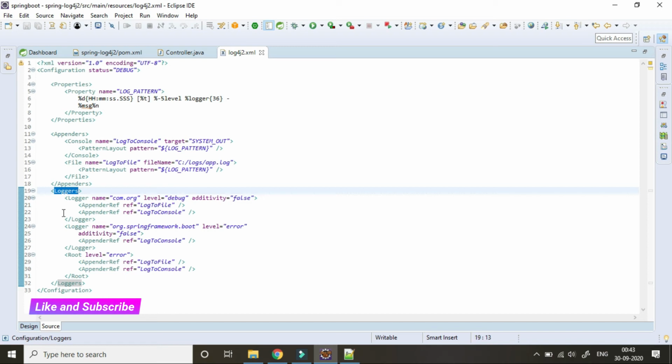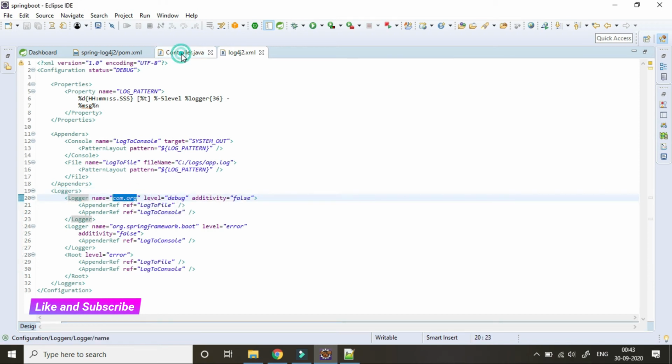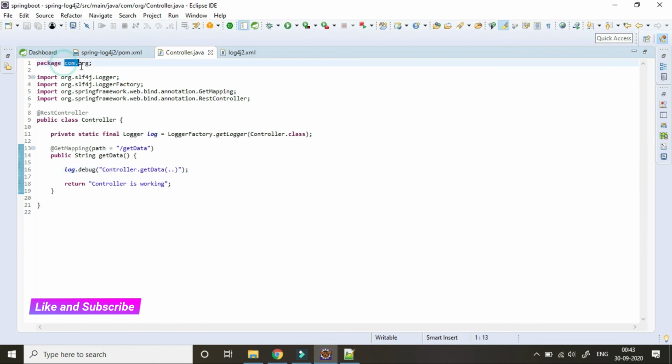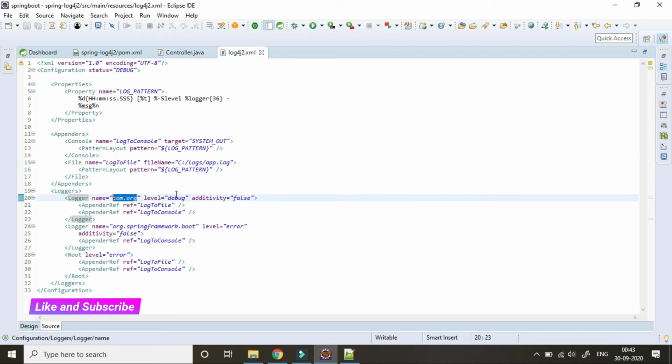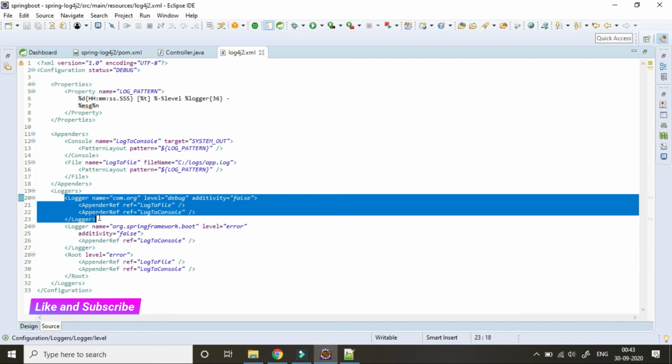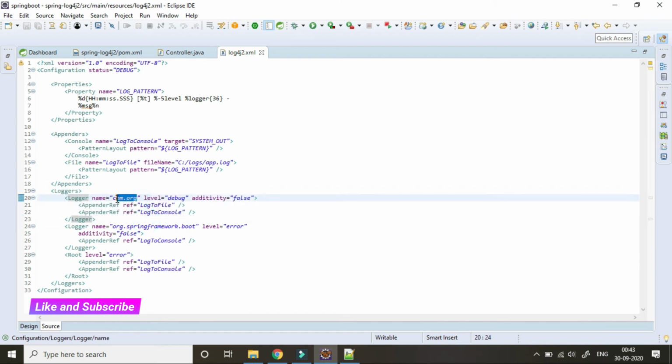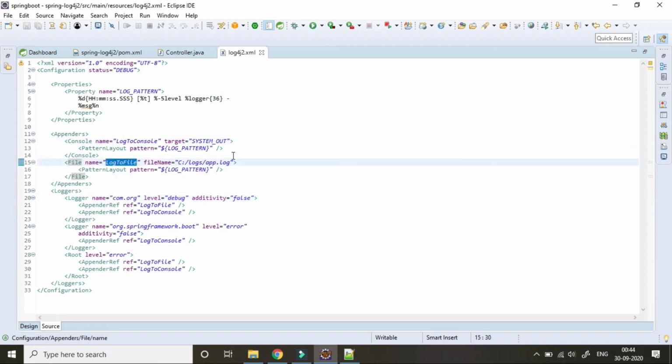Here we will create our logger for a particular package. So I am using this package for the debug level. We have to create a logger with the package name, the logger level as debug, and use appender-ref with ref equal to these two. So for this particular package our console and file logging will both be enabled.